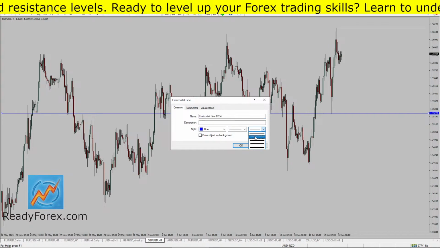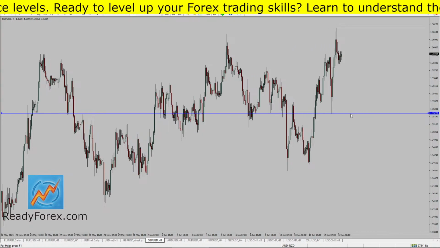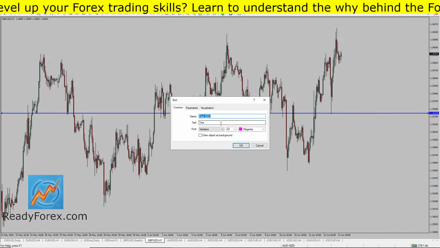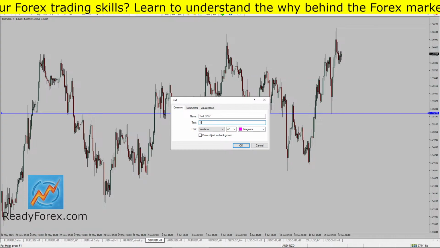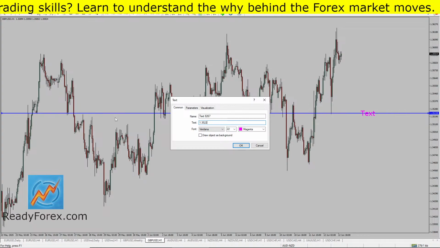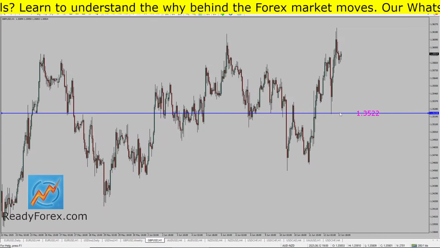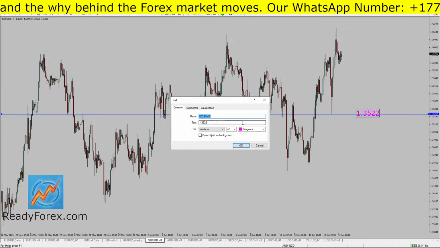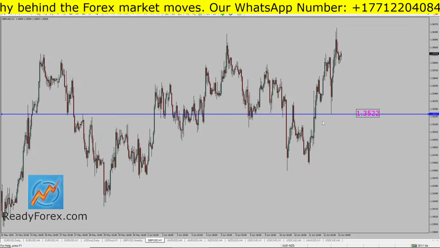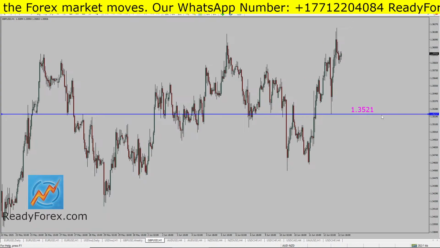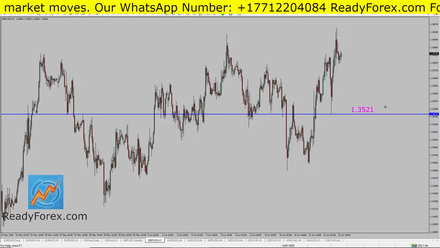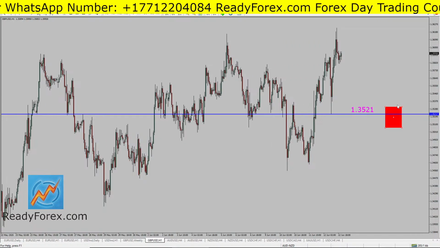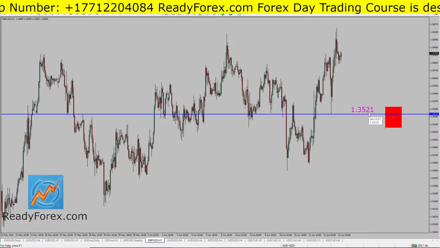As long as price action is staying above 1.3522 level, let me write it down so it becomes much easier for you to notice and see. 1.3522. So this is the level, and okay, let's use 1.3521, not 32. Okay, so this is the level. As long as price action is staying above, if we do get a bearish candlestick close below 1.3521 level,